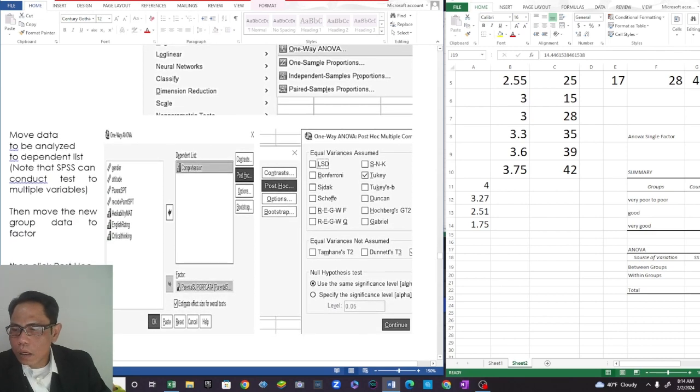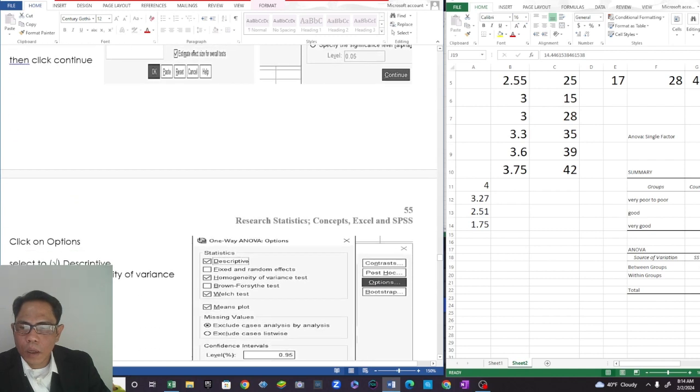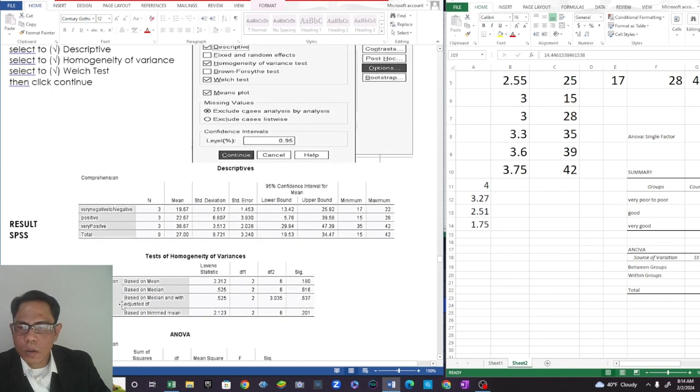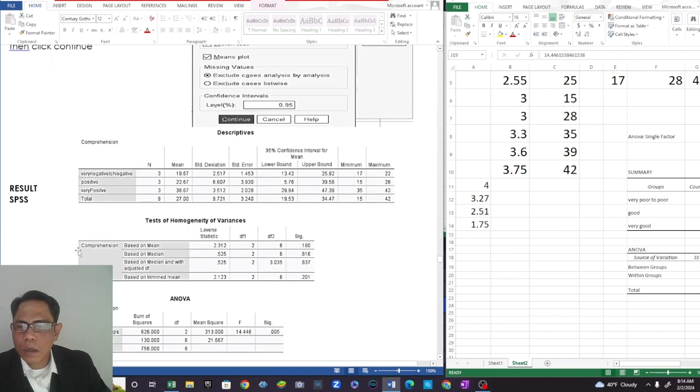Then click post hoc, select Tukey, then click continue. Click on options, select descriptive, select homogeneity of variance, and select Welch test, then continue. So you have these results: test of homogeneity of variance, you have your ANOVA, and you will see that